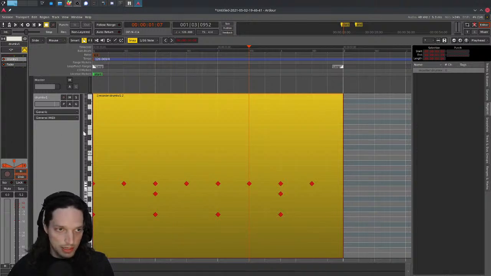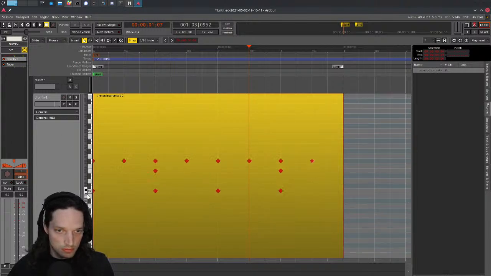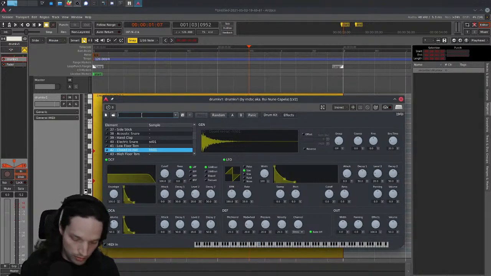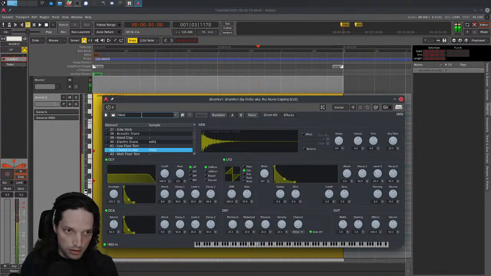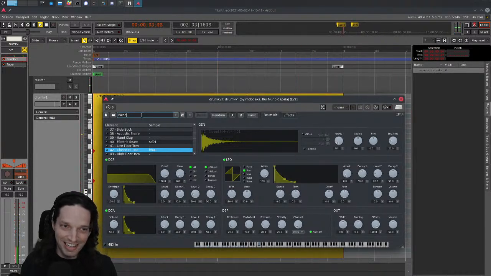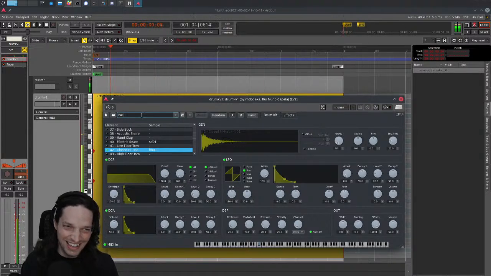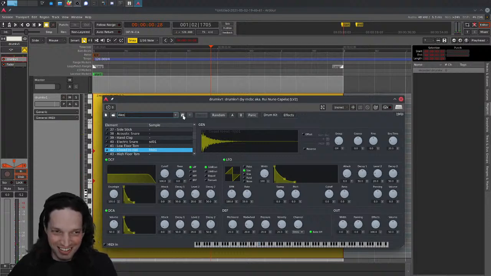Cool, so that's drum KV1, a simple drum sampler, and I believe you can save sets as well. So if you wanted to, let's just call this one Wesley. Oh my god, when I hit L it looped. Okay, I'll just call it Wes because it won't let me hit the L key. All right, so I'm going to save that preset,